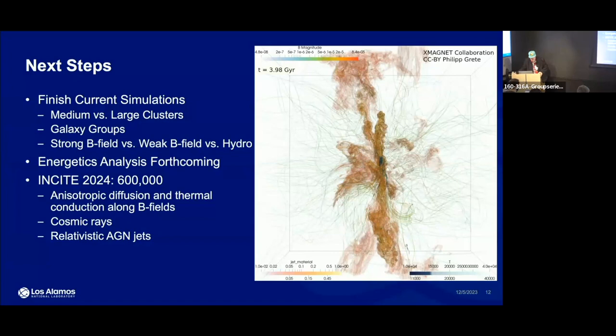But do you have mesh refinement in the central region if you want to get some high resolution? Oh, yeah. So in these simulations, we did not do adaptive mesh refinement. And particularly it's because doing a magnetic feedback model like this with adaptive mesh refinement could introduce a lot of artifacts. Also, by not doing adaptive mesh refinement, we avoid a lot of load balancing problems. Yeah, we're sort of picking the problem that we can do well.